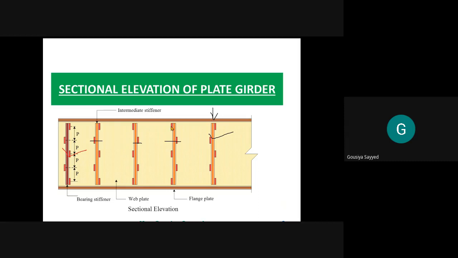welding. And this type of welding, just see this rectangle, is known as intermittent welding. And this P, the center to center distance between the welds, is known as pitch. And here we provide staggered or diamond welding, so that it gives us more strength. And in this manner you have to use the welding to connect the stiffeners to the web plate. So in sheet number 8, you have to show all the component parts, their dimensions, and the welding with scale. And care should be taken that all words are in capital letters.